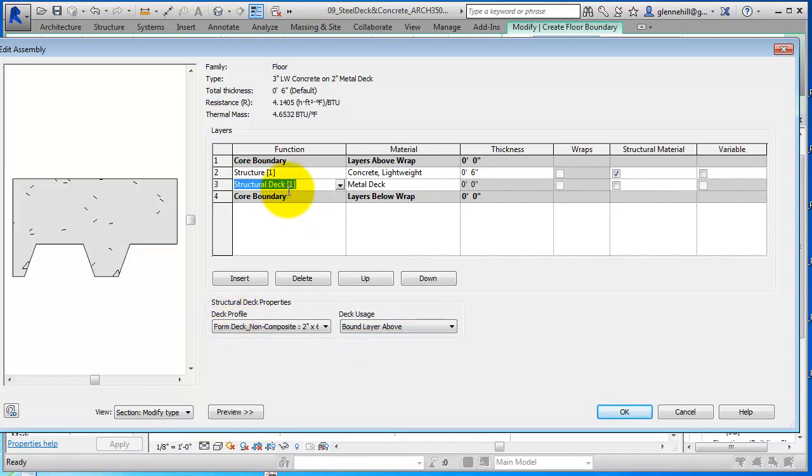profile in the structural deck, there's a deck usage. Okay, and there's bound layer above, and there's standalone deck. So if I click on standalone deck, notice that the concrete moves to the top. Now we're going to use this when we start to do our roof. Okay, so notice the metal deck doesn't come in, but all 6 inches of the concrete is above the metal